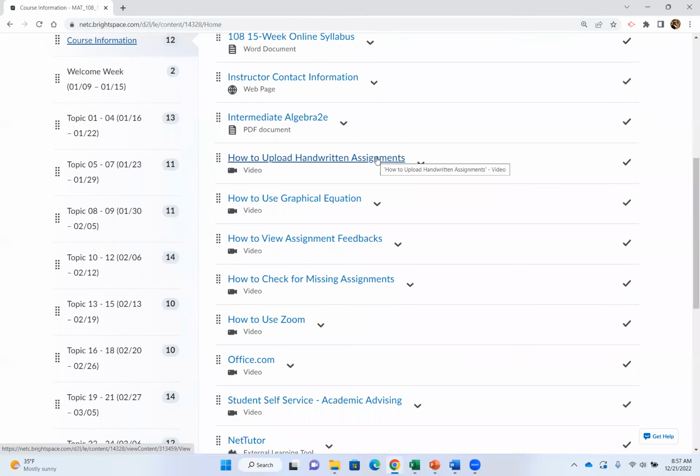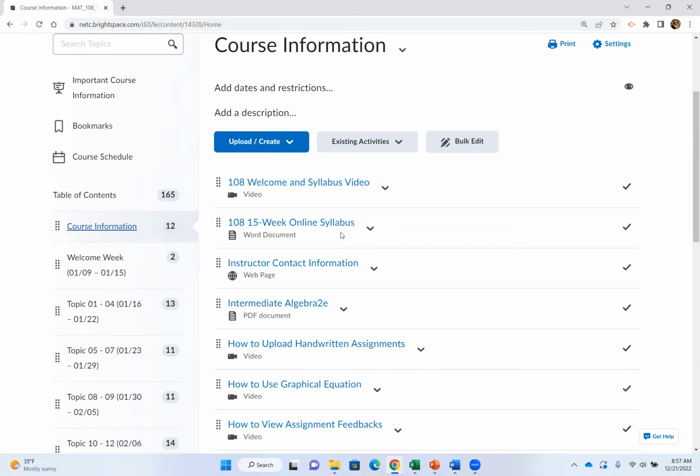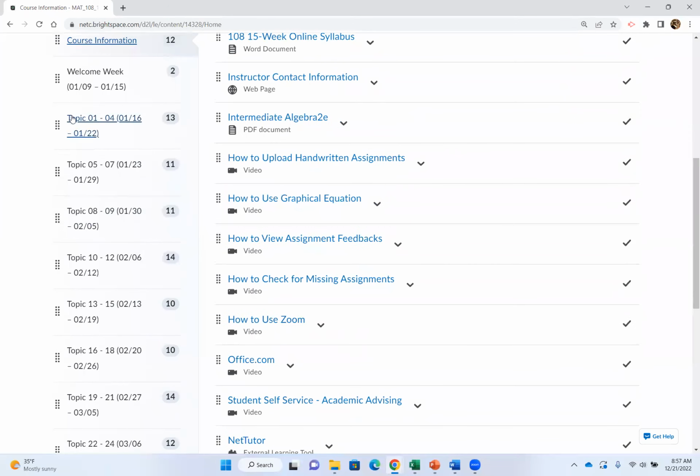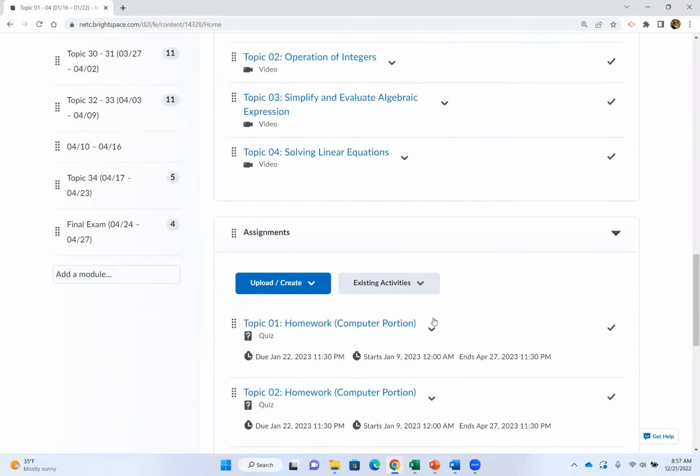The idea is once you finish copying down the notes or finish working out the homework handwritten portion, take a picture of what you've written, and then email that picture to yourself at your student NETC email. Get on your computer, open the email, and save that picture onto the computer so you can actually upload it into the Dropbox. If I click on any one of the Dropboxes,